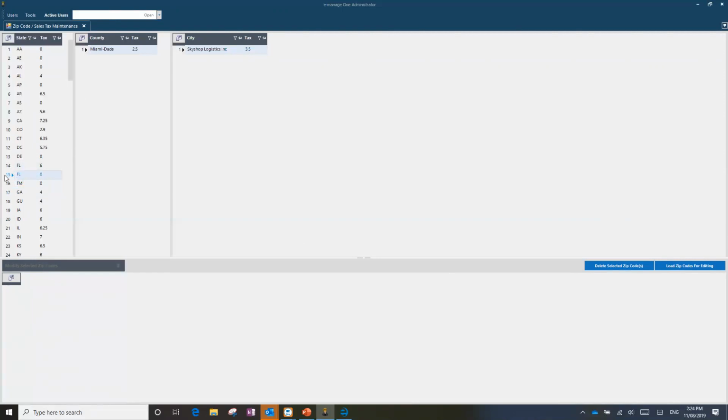It's a pretty easy fix, but if you don't do it, when you create a new company and type in one of those zip codes, it'll show up as a pop-up telling you to select a state, and then one of them will have the incorrect tax rate. You don't want to accidentally select